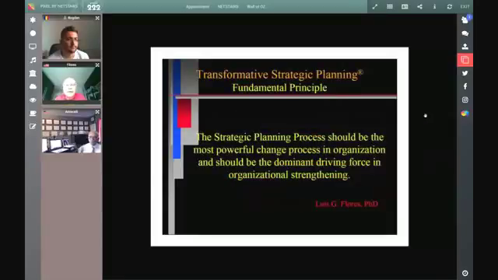Okay, what is the fundamental principle here? The fundamental principle is that the strategic planning process should be the most powerful change process in organizations and should be the dominant driving force in organizational strengthening. In organizations like the military or the religion, there is a higher principle that all the members go into that organization considered, like almost, divine, or patriotic. In the army is obviously the country,